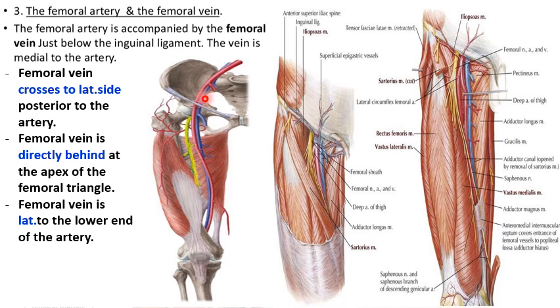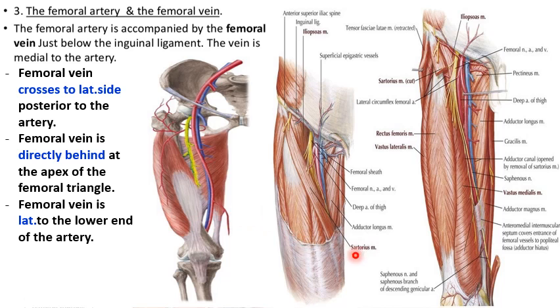Is that clear? So, this is the femoral artery, and medial to that is the femoral vein, and this is the femoral nerve. So, we are not concerned with the nerve as such now. We are just talking about the relation of femoral artery to the femoral vein. We have said that femoral vein is medial in the femoral triangle and lateral in the adductor canal. So, let us put it this way about the femoral artery. The femoral artery in the femoral triangle is lateral to the femoral vein,